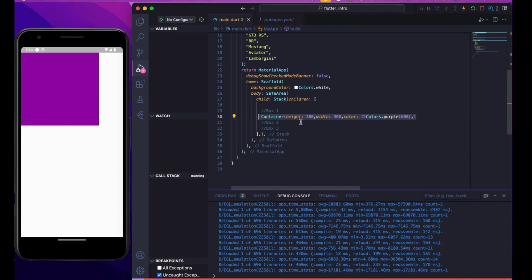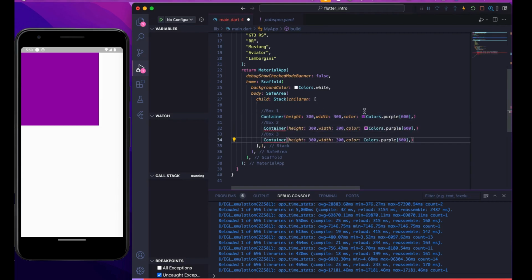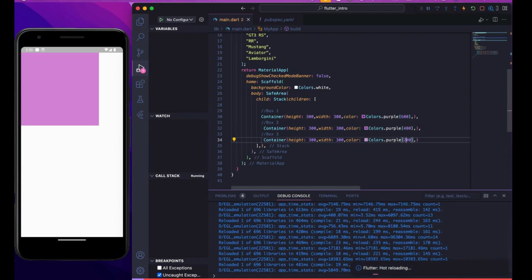So now let's add another boxes, what we are talking about, and commas. Okay, so now let's change the color so you can notice. So you still can't see all the 3 boxes. Why? It is due to all the 3 boxes being on top of each other, right? So the first one, the purple 600 one, is in the bottommost corner. Then you have purple 400, and then you have purple 200. So you can see that by just making the boxes a little bit smaller,